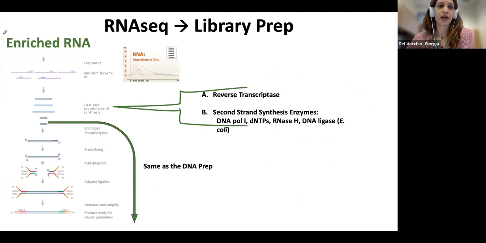Okay, so once we have our enriched RNA, so enriched for messenger RNA, we can proceed with fragmentation. So this is from yesterday. Yesterday we talked about the fragmentation step. We talked about the sonication, enzymatic fragmentation, and chemical fragmentation. And I told you yesterday that the chemical fragmentation is the approach you should use when dealing with the RNA, okay? So after fragmenting our DNA or RNA,